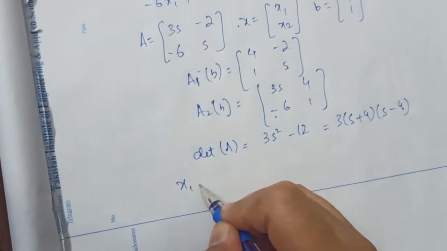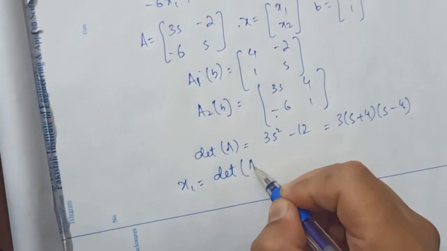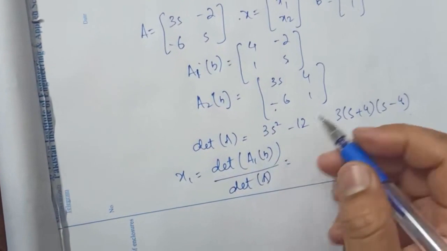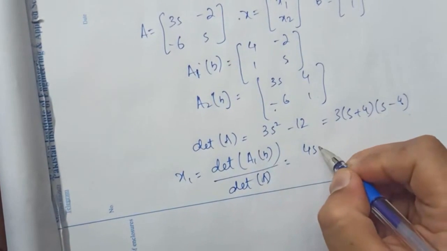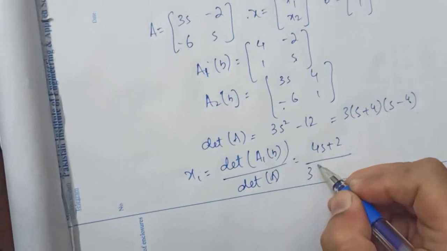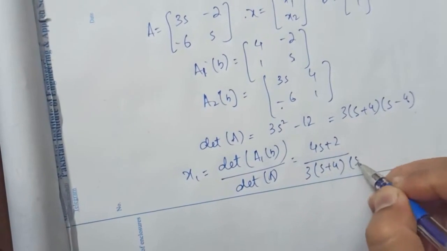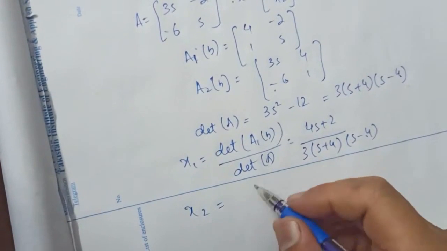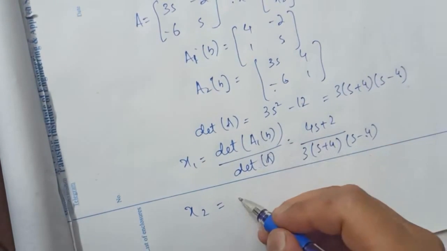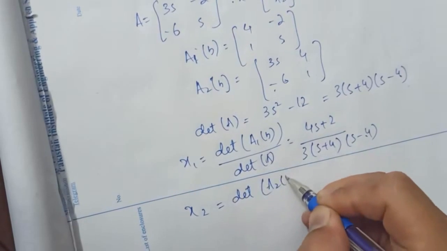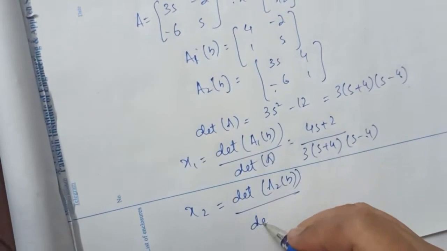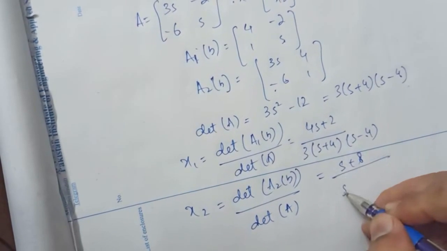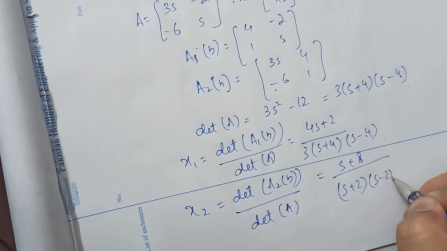Now x1 will become determinant of A1b divided by determinant of A, that is 4s plus 2 divided by 3 into s plus 4 into s minus 4, and again x2 will become similarly determinant of A2b divided by determinant of A, that becomes s plus 4 divided by s plus 2 into s minus 2. Okay,